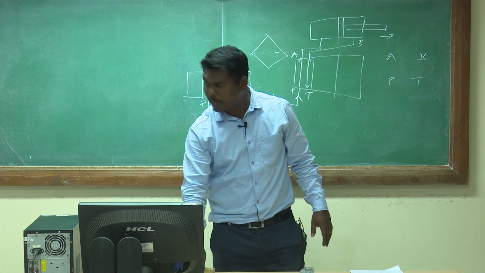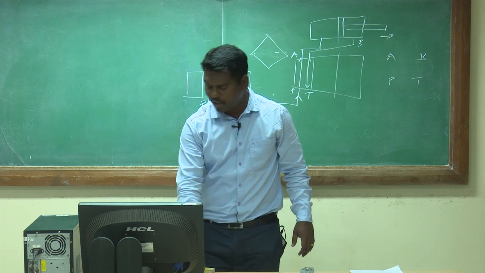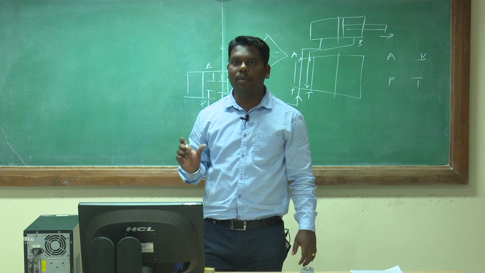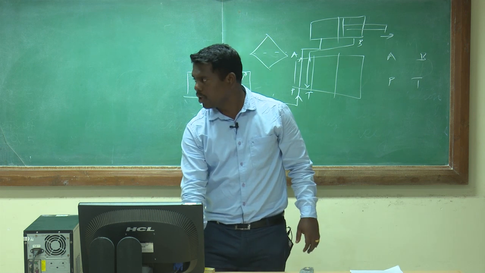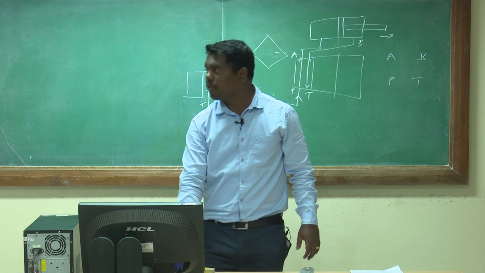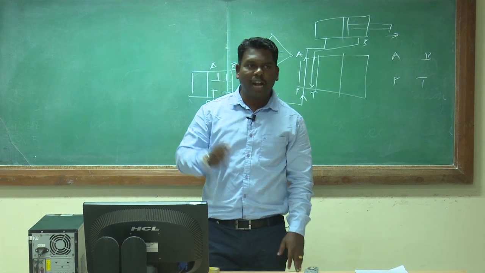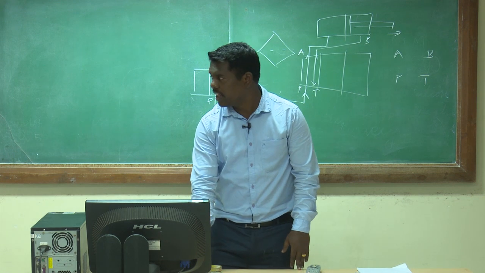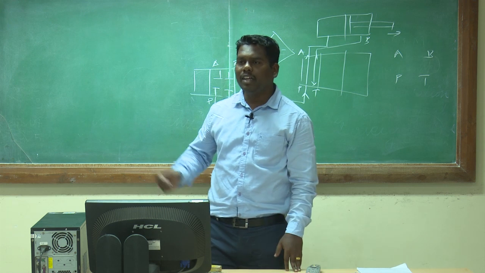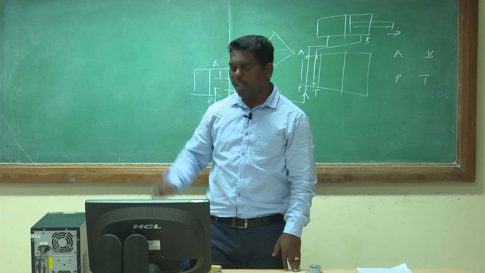This is the general layout of a pneumatic system. So in a pneumatic system, again different parameters are there. First, pneumatic means we are using pressurized air, that will be the important thing. We have to use air. So air from the atmosphere comes to the air compressor, then it will be transferred to the air dryer. In the air dryer, whatever moisture is there will be removed. Then the air receiver tank, where the air will be received. Whenever it is required, that will be supplied to the system. Again, if not required, we can store it there.